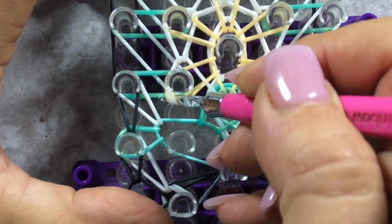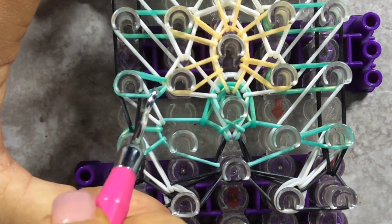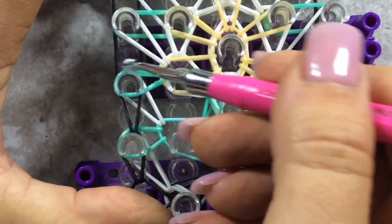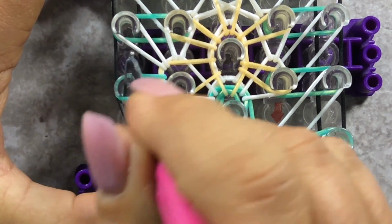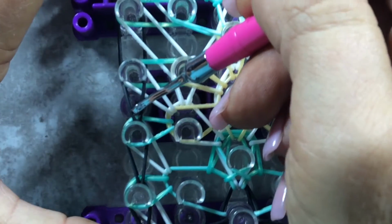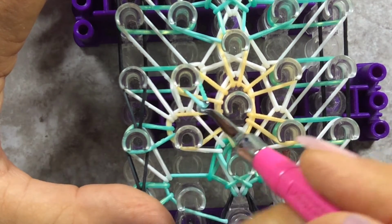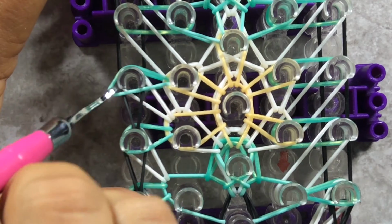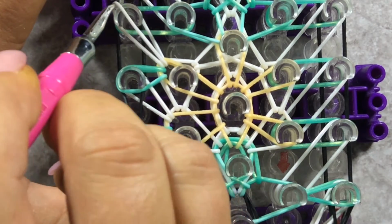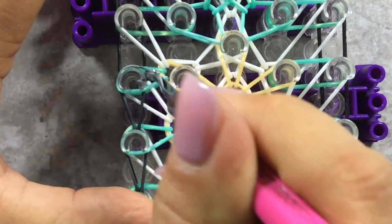I'm going to go into the second pin bar, grab that cross band, loop it back to itself, go into that same pin, grab that diagonal, loop it out to the left, drop down and grab that border band and loop it straight up. I'll do this with you one more time. Second pin bar, you're going to go in and grab that cross band and loop it out to the border. Go into that same pin, grab that diagonal, loop it back to itself, drop down, grab the border band and